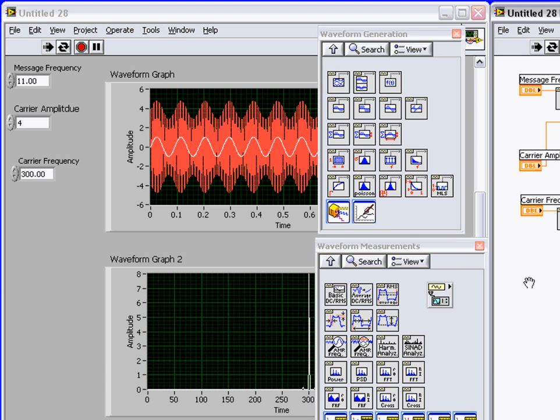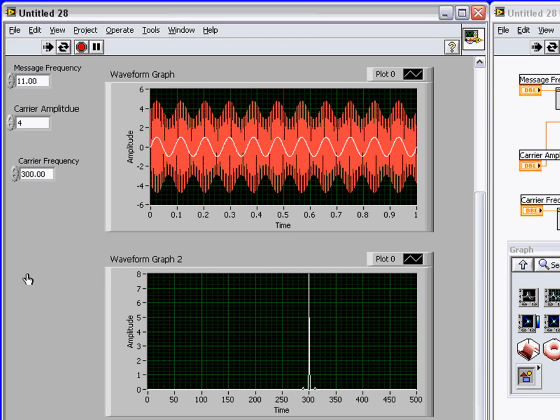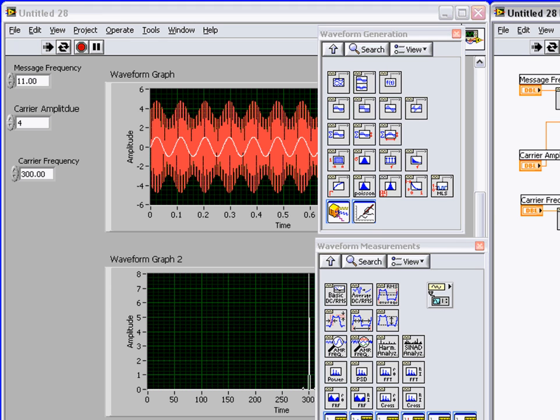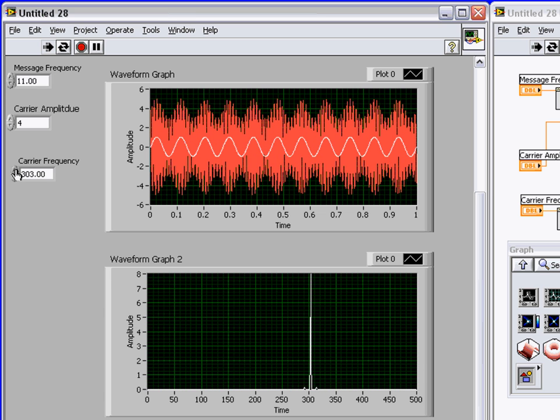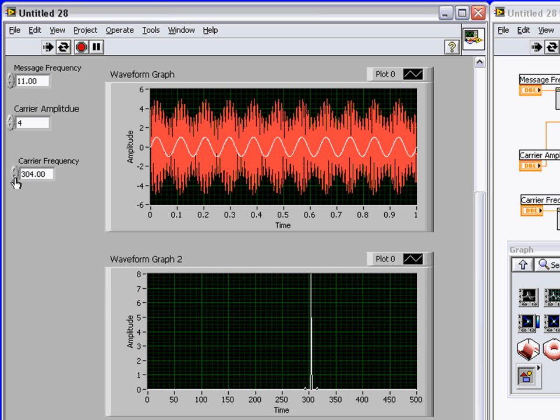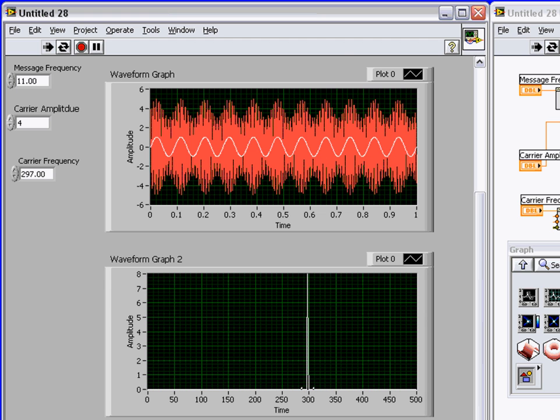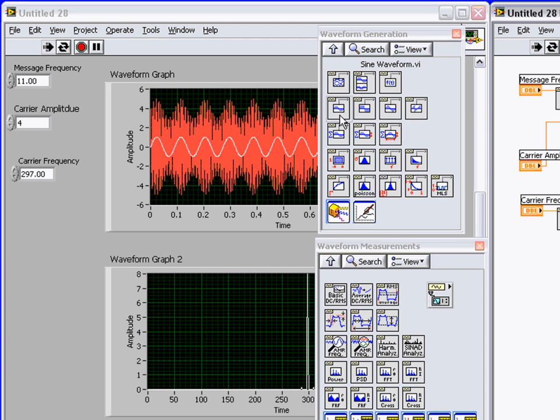In a matter of moments, I've created a program which demonstrates an amplitude modulated communication scheme. I haven't written a single line of code. I've programmed everything graphically, and I'm able to control all of my parameters on the fly without modifying or changing my code in any way. These VIs used in conjunction with various other VIs are capable of demonstrating very advanced communications concepts. This particular example only begins to tap into the power